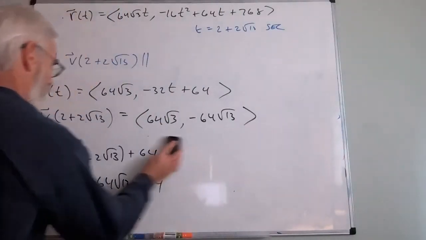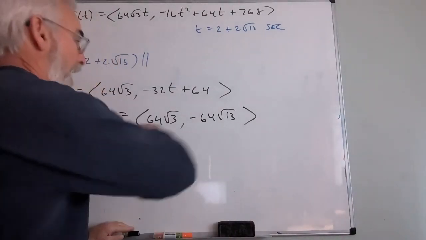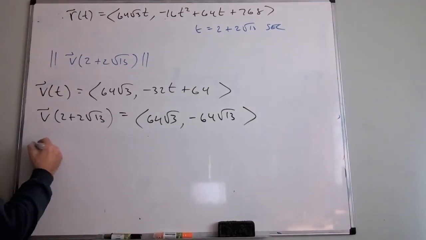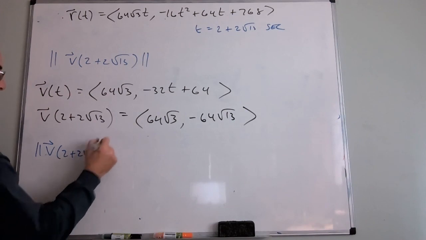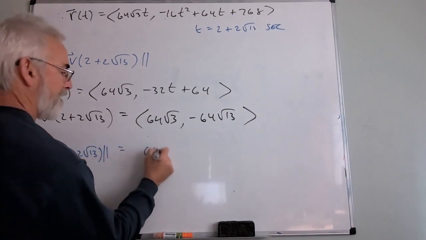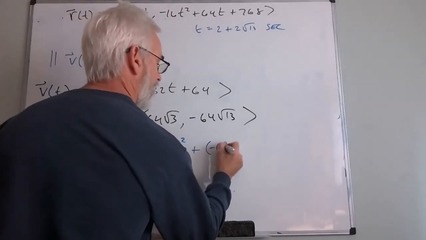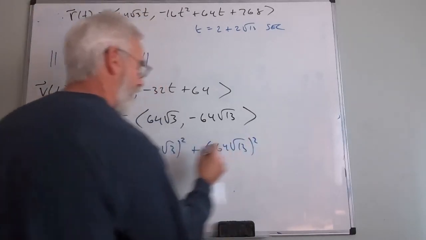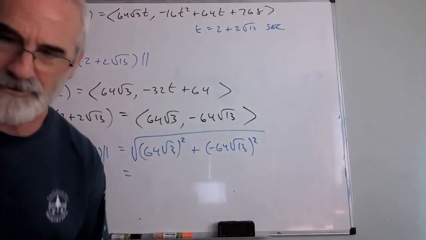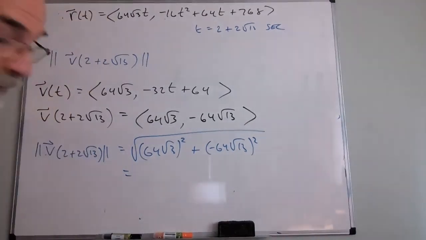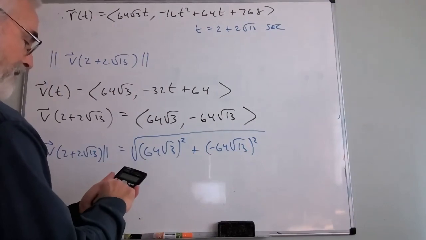So the answer to the question we're looking for is, what is the magnitude of this vector? The magnitude, the speed on impact, is the square root of 64 root 3 squared plus negative 64 root 13 squared. By the way, the number under the root is in fact an integer. I should not have a decimal under my root. My final answer is going to be a decimal, but that's not. Okay, so 64